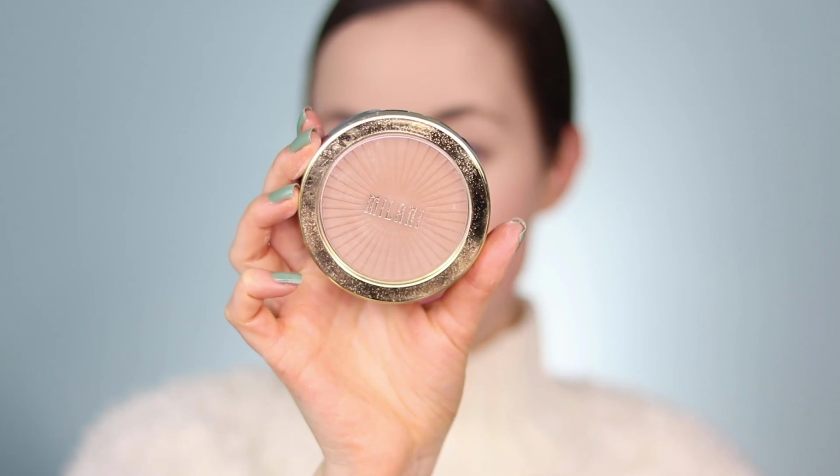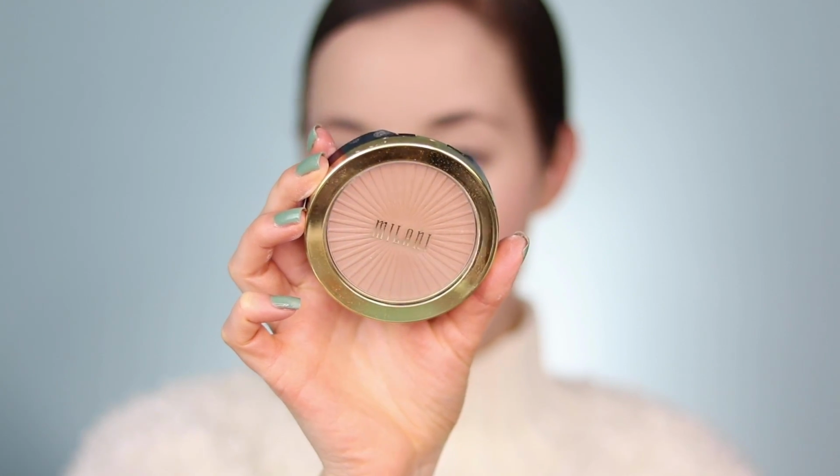I'm gonna go ahead and warm up the complexion. All that powder is flying everywhere. This has been my favorite bronzer. Actually, it might be my absolute favorite right now. This is from Milani. It's the Silky Matte Bronzer, and I have mine in the shade Sunlight 01. I'm gonna take this on a fluffy brush. I've really been enjoying this one from Juno & Co. I don't know what it's called, but it looks like this. And I'm just gonna start buffing this onto the cheeks